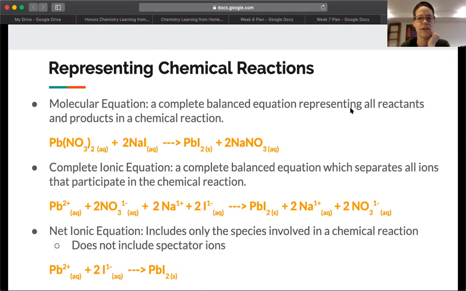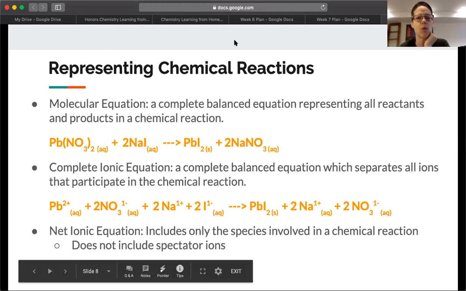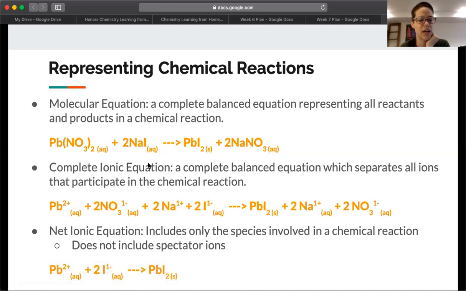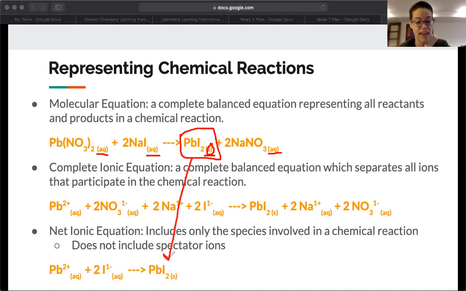So remember that what we were saying was the easiest thing to do would be to scan across and look at the states of matter symbols and say, oh, solid. That's the thing that's going to stay. So this thing I know is going to stay completely intact, and I would just immediately write that and then work backwards and say, so my Pb,